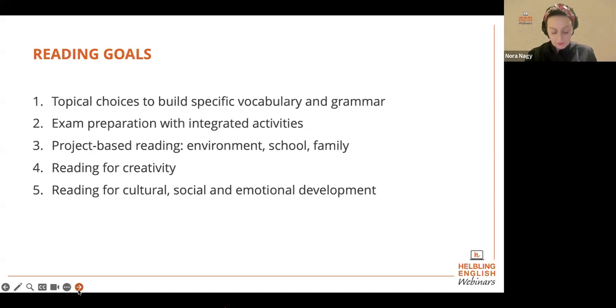I keep saying that because I have done quite a lot of that, and it has always been a success. And of course, you can say that I'm just reading in general for cultural, social, and emotional development of my students. And I will also think about topics which might be a bit more difficult, or might actually open their perspectives even at a young age, and show them how colorful and wonderful the world is, and how important friendships